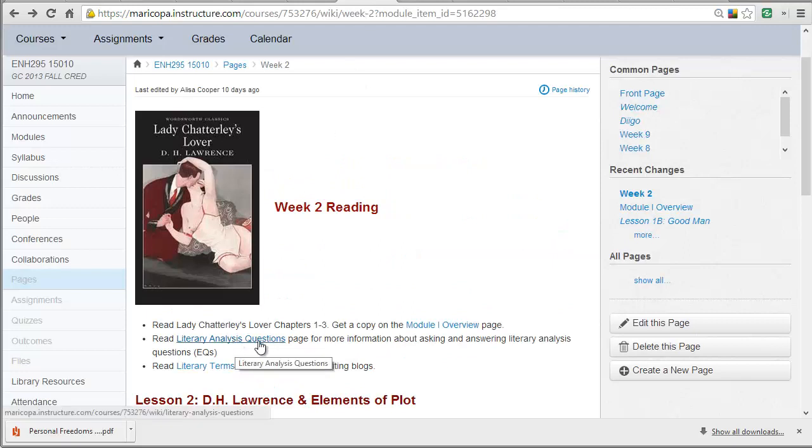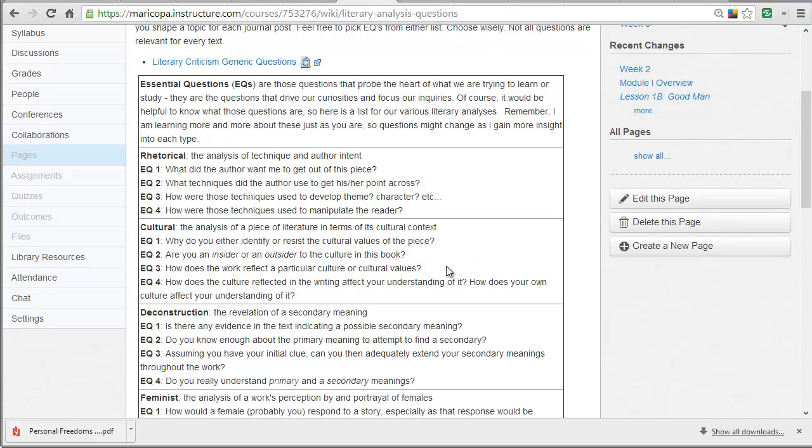Okay, so as far as the literary analysis questions, this takes you in a little bit of a different direction. These are just some questions that once you get the hang of SOAPs, you can turn into a journal post as well. But be careful, because a lot of times these questions lead you down the wrong path. Okay? So look at the questions and decide if I can use this question and also use the format that the instructor is asking me to use, which is SOAPs. Then I might be able to answer this question. But a lot of these questions are getting at the theme. And I've noticed in the past that students have difficulty analyzing the theme.